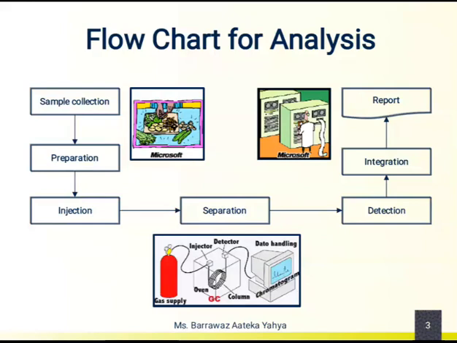This is a basic flow chart for analysis of a mixture of compounds using a gas chromatographic technique, in which we have to select the sample, prepare a suitable solution of the sample and inject it into the column. In the column, based on the type of column, using the principle of either adsorption or partitioning, the mixture of analytes separates, which gives signals to the detector, and the detector integrates the report, and we have the separated analyte in a pure form.